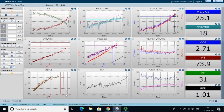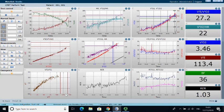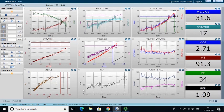Now what we can do is all this data, every single time point for every single variable, is stored in the computer, and I can go back to it and look at it, I can change things, I can smooth things out if I want to, so I can see things a little bit more clearly. But from your point of view, as your take home, if you look at some of the figures,